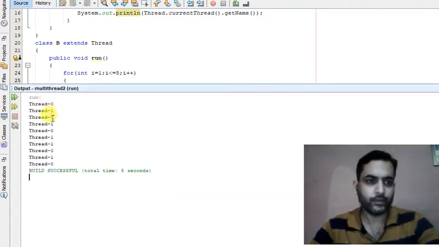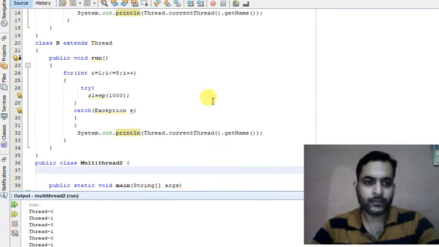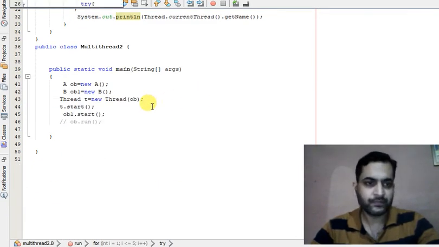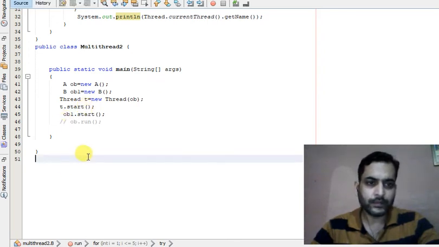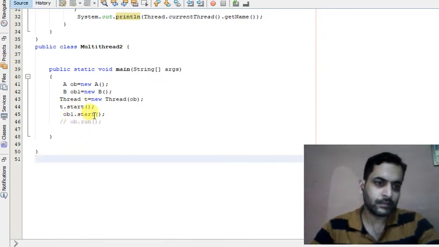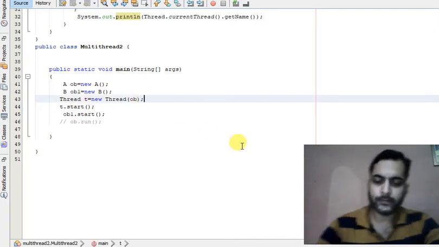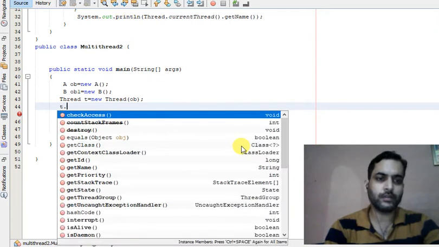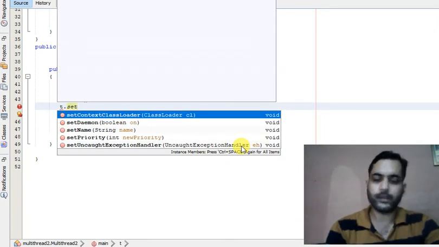So thread 0, thread 1, thread 0, thread 1, thread 0, thread 1. This is the default name. What if I want to change these names? I can do that here. We have the set name method, t dot set name,